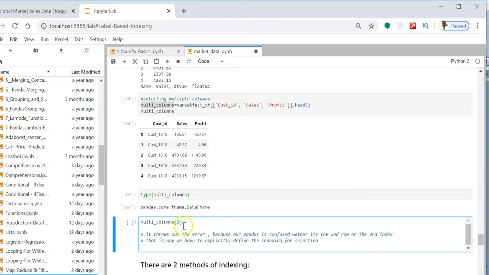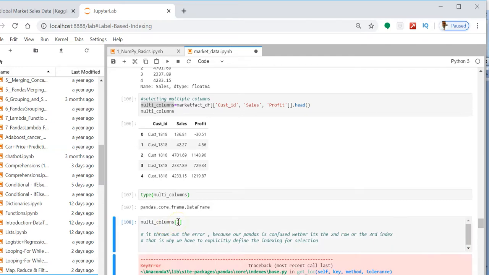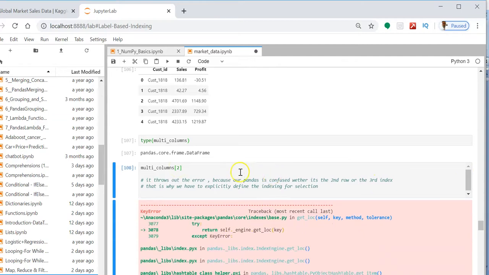If you try to select the second row this way, pandas will give you an error, because pandas doesn't know whether this number 2 is the label 2, or the second row, which has index 1. In this case it doesn't know. In the next session, we are going to see how we can select one row with the help of the label or with the help of the index.